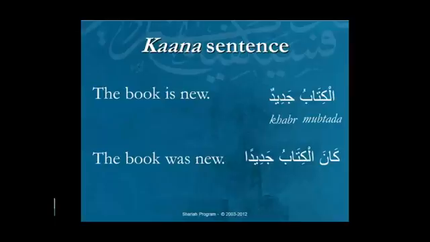So now we have 5 in rafa, and 1 more in nasab, and we're going to come back to that again, and I'll bring back the chart so we can see them all happening on a single screen. So the 2 halves, the name changes. It's called ism of kana, and previously what was called khabar is now called the khabar of kana. And what that means is the subject of the kana sentence and the predicate of the kana sentence, and that's pretty much it.